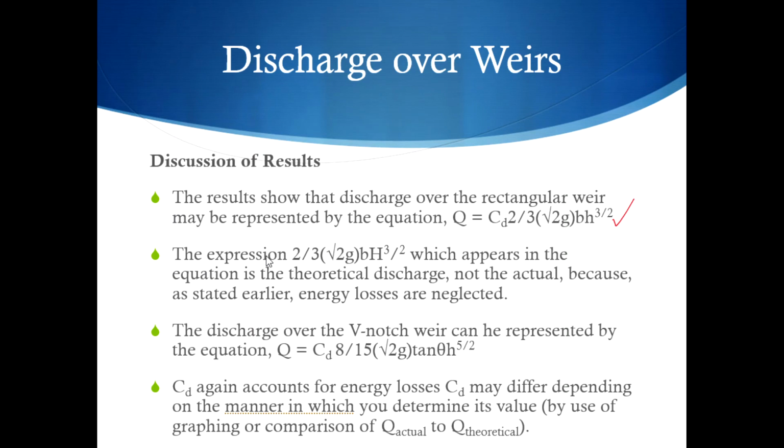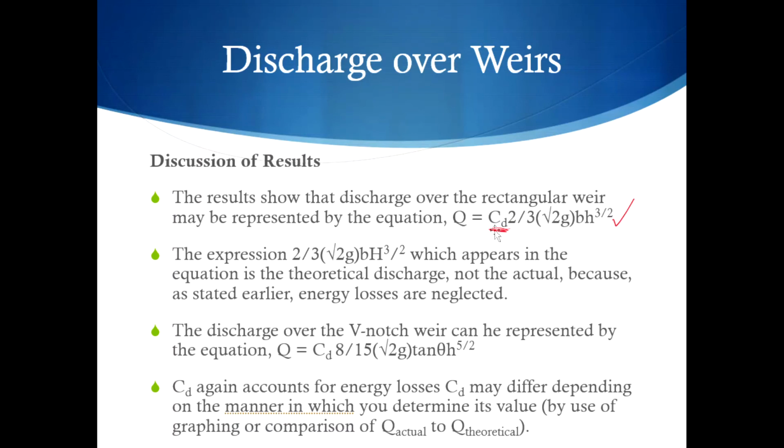So you can say this expression, which appears in the equation, is the theoretical discharge, not the actual, because as stated earlier, energy losses are neglected. So this is the real flow rate with the CD, and since before we just calculated with this part of the equation, we can calculate it again, and then we can obtain and analyze them together. But like I said, that will go to the discussions. The CD is the experimental value that you need to obtain